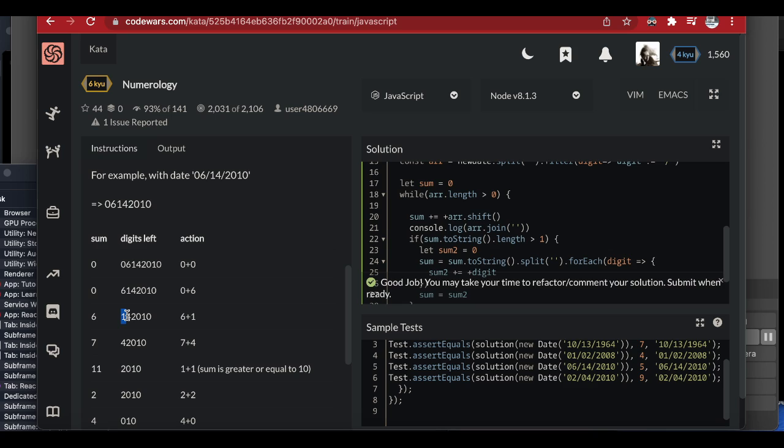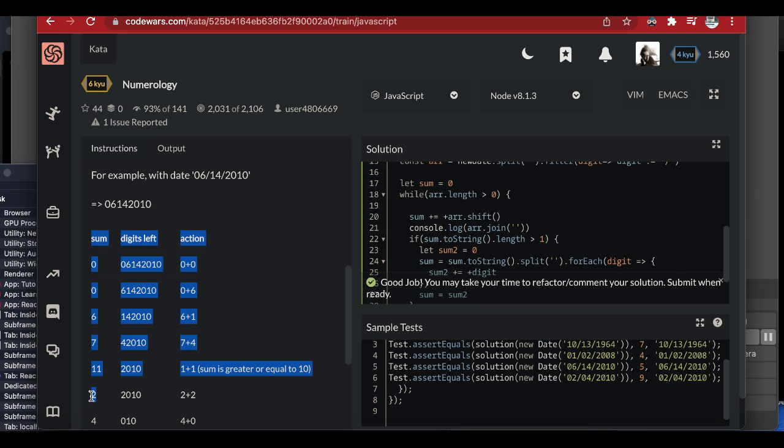Now there is a small condition here: if what is in sum is more than one digit, that is greater or equal to 10, what do we do? We sum the individual digits. So this will be 1 plus 1, 11. We'll reinsert it back into sum, which means we'll reinitialize sum with that new addition,